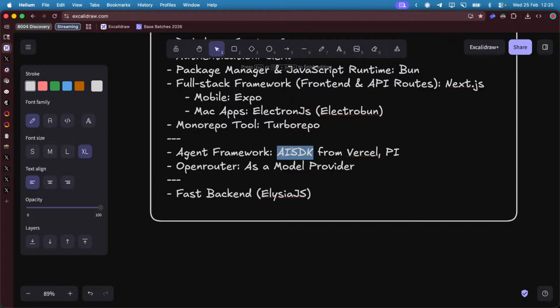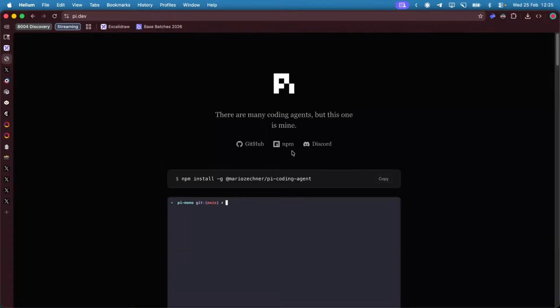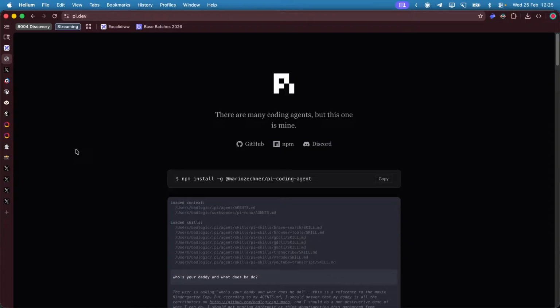Now, AI SDK is still great for general agents. The agent SDK is still great if you want subsidized token by Anthropic. And this month, a new challenger appeared. That is Pi. Pi is an agent framework. It's super slim in the core. It's fully open source, and it's